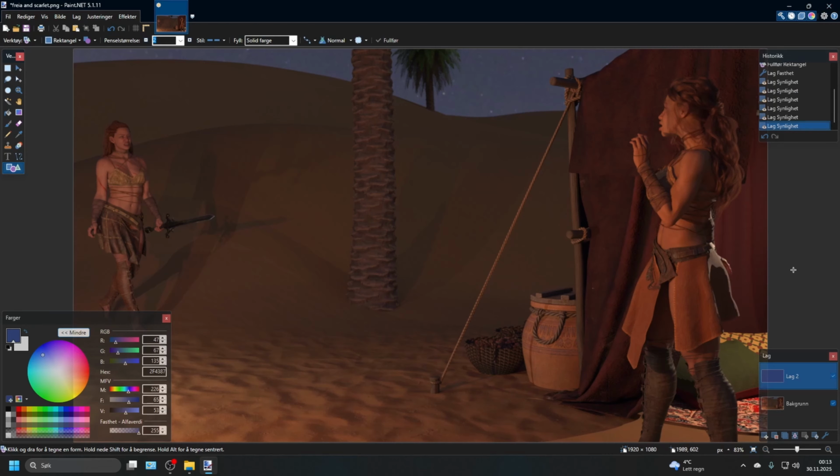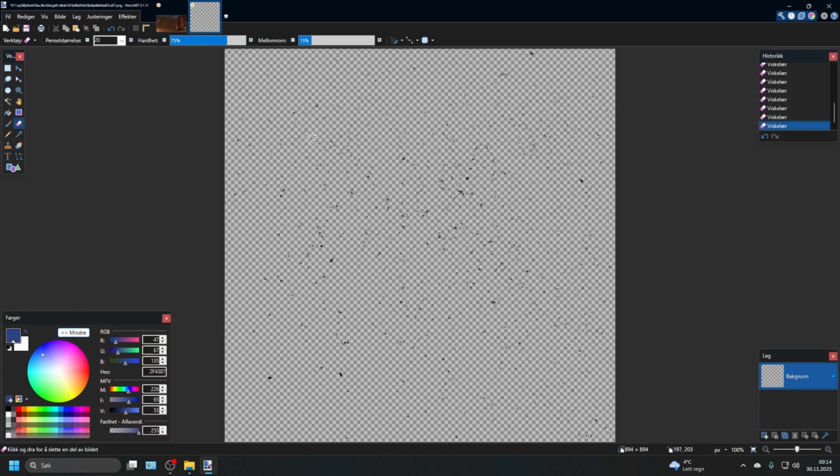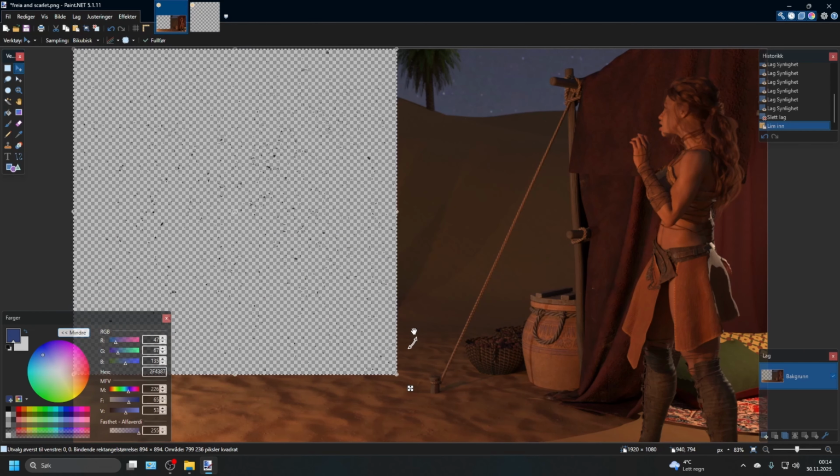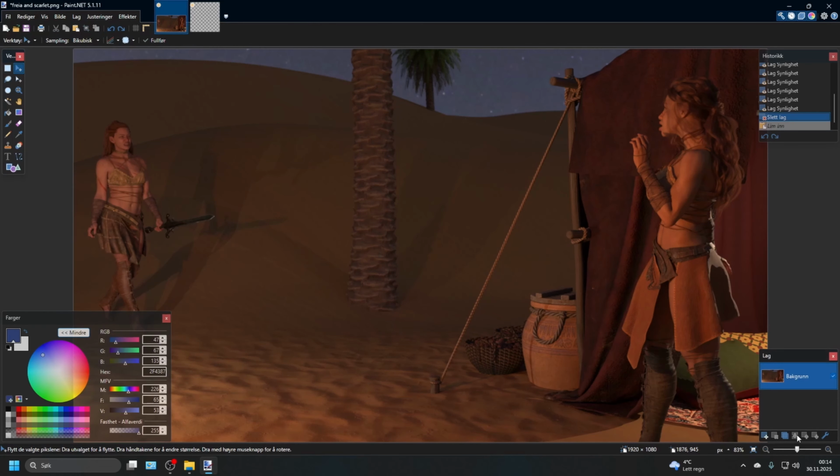I'm gonna try something else. I'm gonna open up a picture here, which is this one, and then I'm gonna go like so, copy that and paste it over here. And after I have made a new layer like so, I have a sneeze coming up, like so. And then paste it, and then